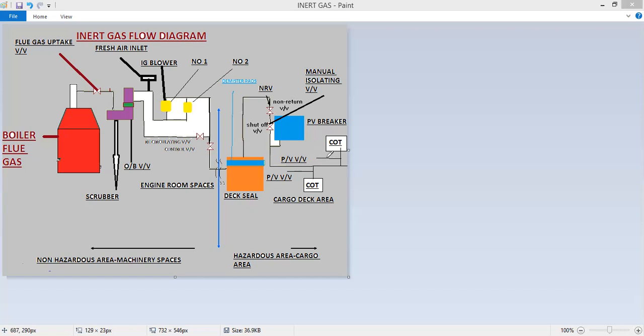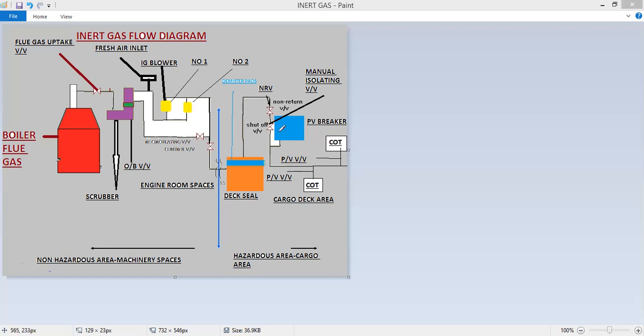Similarly, we have the PV valves. This is a requirement by SOLAS and also by SIRE, that there are supposed to be two venting requirements for each cargo oil tank. The primary has to be a PV valve, and the secondary can be a second PV valve, or it can be an alarm system. So the PV valve is basically a pressure vacuum valve. If there is excess pressure inside the tank, the pressure side lifts up and the pressure is released. If there is vacuum, the vacuum side lifts up and it sucks in air, and the pressure and the vacuum inside the cargo oil tank is controlled.